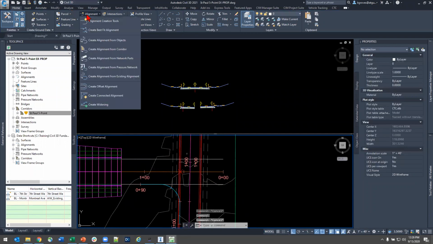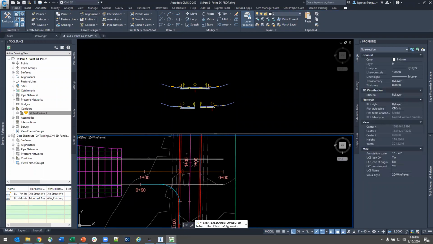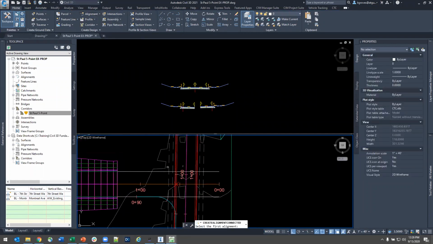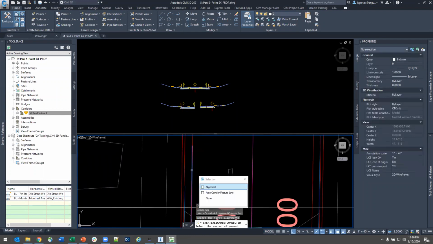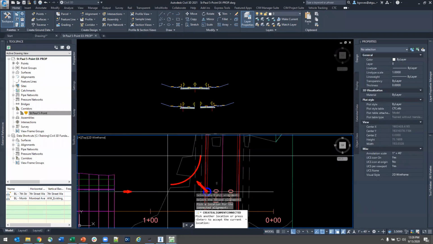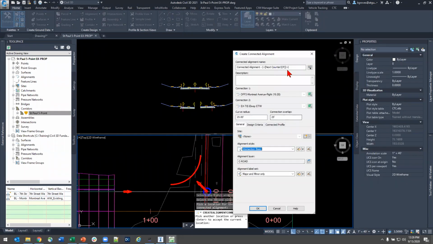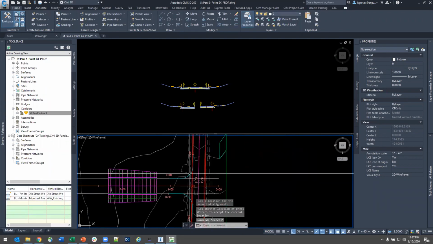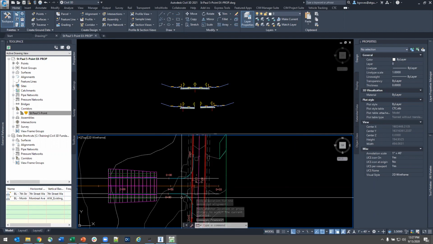I'll go ahead and I'll do the same for my other section. To continue the counterclockwise, I would now start with my edge of travel way and now choose my existing tie-in, going to the outside, paste in my intersection, primary, secondary stuff, and now I'm in the northwest quadrant. All of those other settings are good. So it really doesn't take that much time to get your connecteds in after you have that naming convention pasted